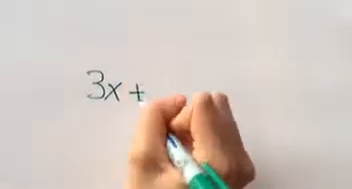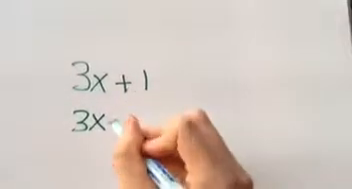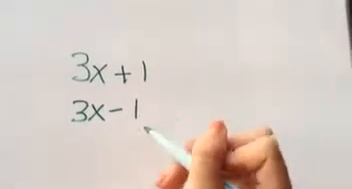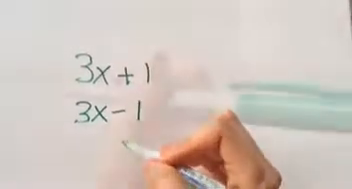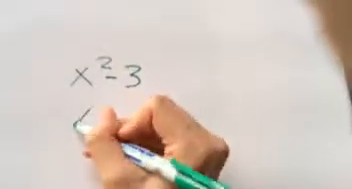Let me show what a conjugate is. A conjugate is when you switch the sign of an expression. So the conjugate of this number would be 3x minus 1 instead of plus 1. We can do a few more examples. X squared minus 3, its conjugate, x squared plus 3. Another example